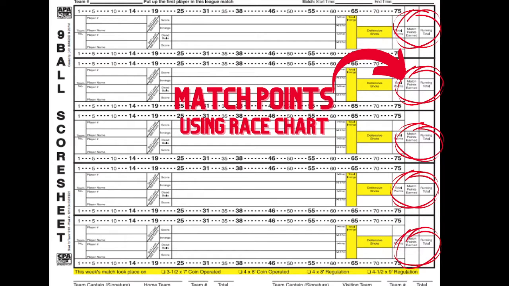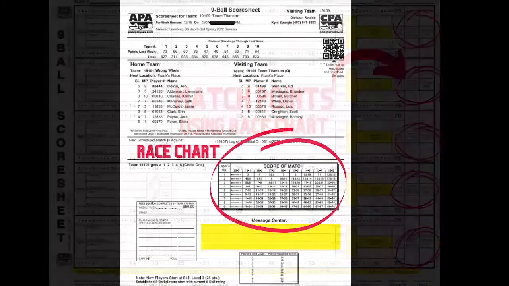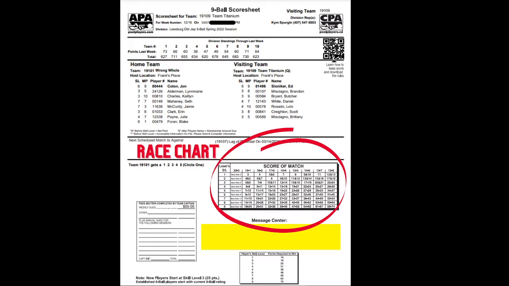Match points earned, you're going to use the race chart. The race chart is on the other side of your score sheet. So that's just another thing. If you're new at doing 9-ball score, the easiest way to figure out the race chart is you look at the losing player, you look at their skill level. So if I have a skill level 3 that got to